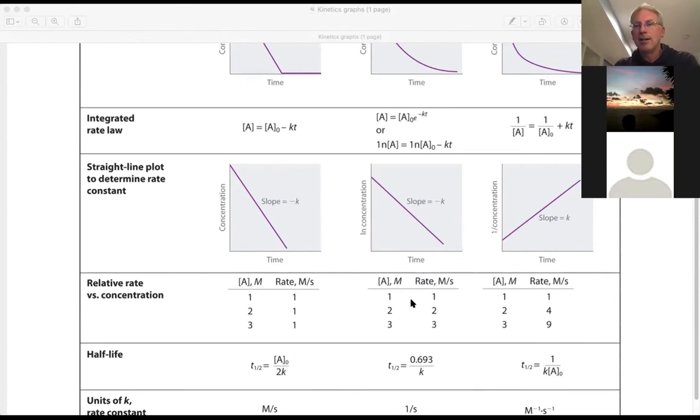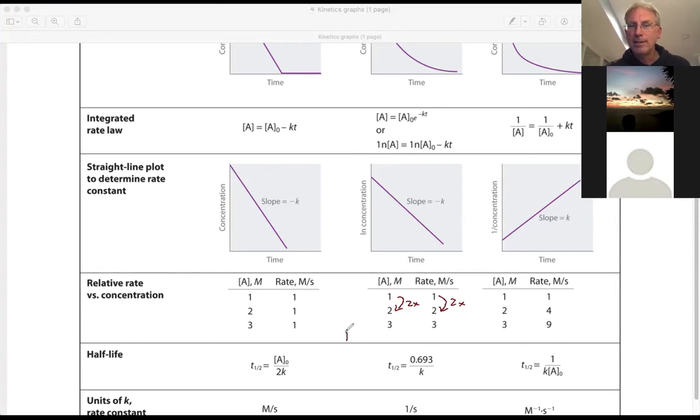Okay, here, this is first order. If I double my concentration, what happens to my rate? It increases. By how much? The same amount. It doubles. So here's what I'm going to do on lots of data tables. If the concentration goes 2 times and the rate goes 2 times, that is first order